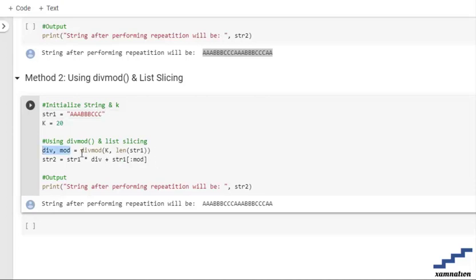So over here, the division and the mod, that is the quotient and the remainder, which we are going to get. So what we're going to do is multiply our string 1 with the division, that is, up to that many times our string is going to get repeated, plus string 1 by the modulus, that is the remainder, that is how many extra characters we need to get covered into our string,